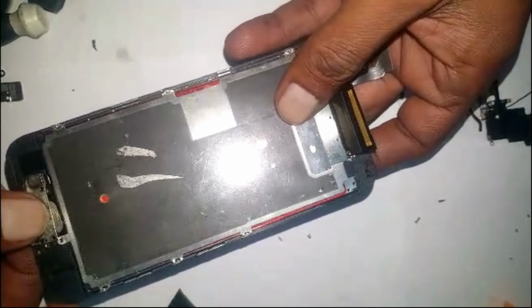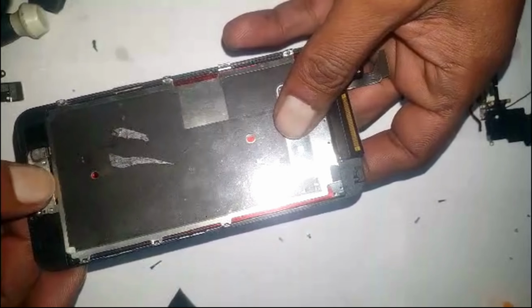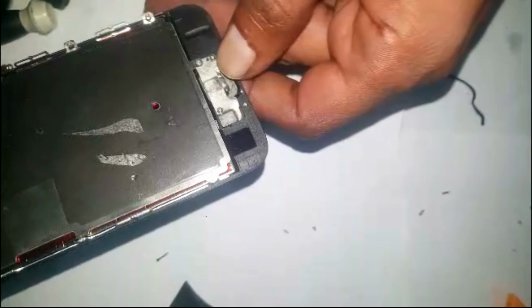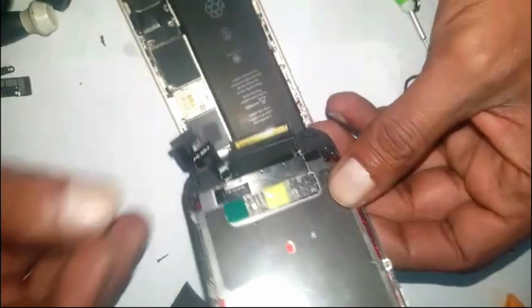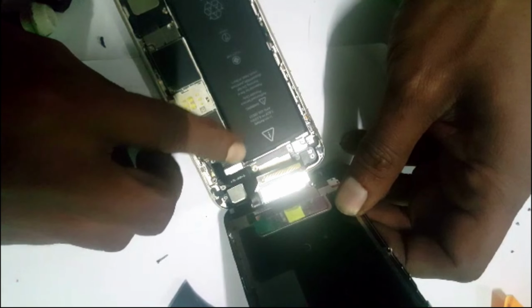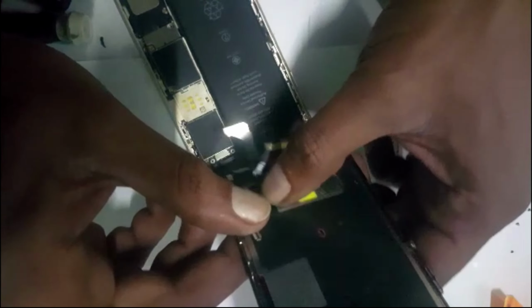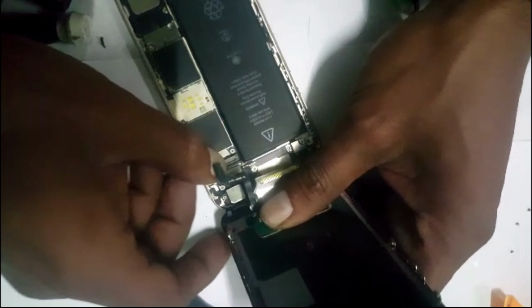I'm going to put all the screws back and then close it. Now you can see all the screws are back. This plate is there, so we're going to connect the LCD. Although we need only this part here to connect it because the rest isn't working. So this connector is the LCD connector,